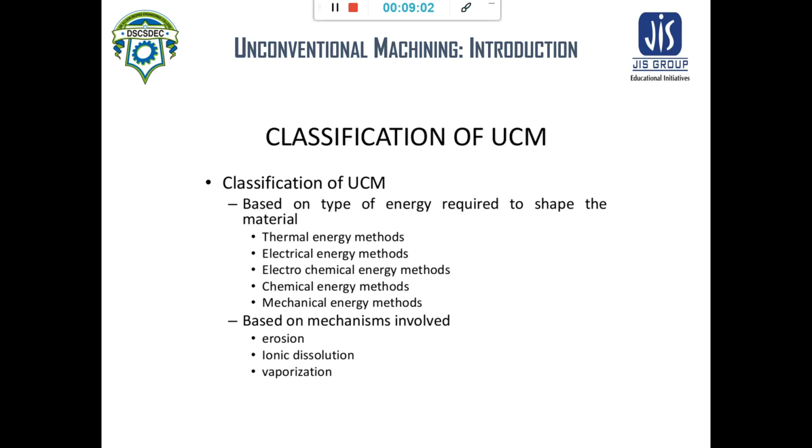Next, based on the mechanisms involved. Based on the mechanism involved, erosion, ionic dissolution, and vaporization are the types of mechanism through which the material is removed. What is erosion? Erosion means very slow wearing. That means when erosion occurs,